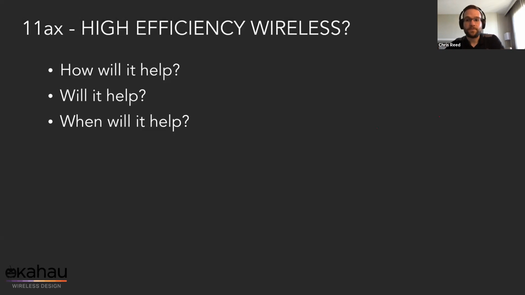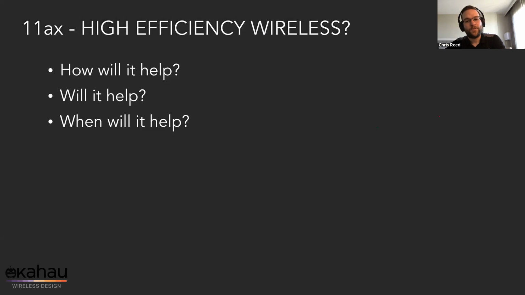So if you can break up a lot of those small data transactions and send them all at the same time, we free up a lot of airtime. They don't have to use the full 20 megahertz to send just a tiny little check-in or a quick WebSocket. It's definitely going to be more efficient. I like the direction that it's going, efficiency over speed. AC brought a lot of good stuff with it, but 160 megahertz wide channels is not something that anyone is actually using. So I'm glad to see it going into high efficiency mode.